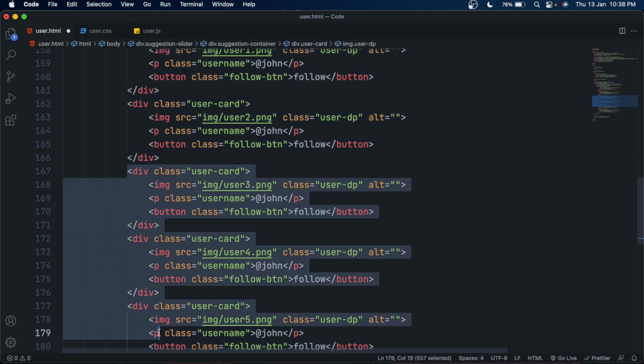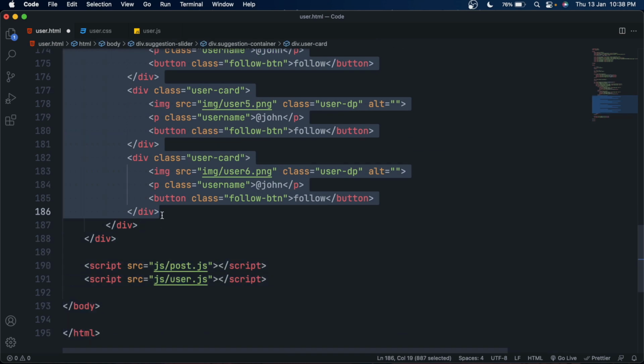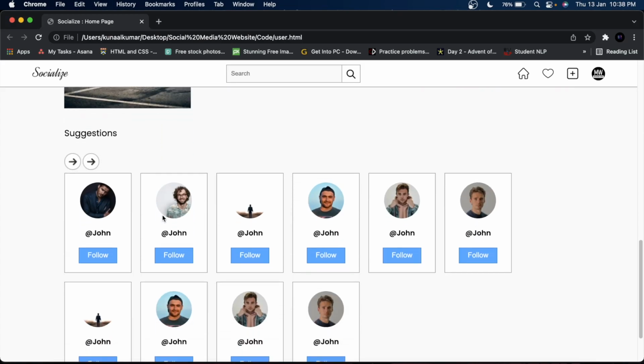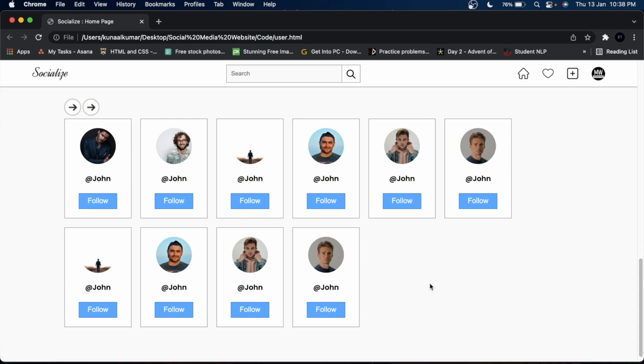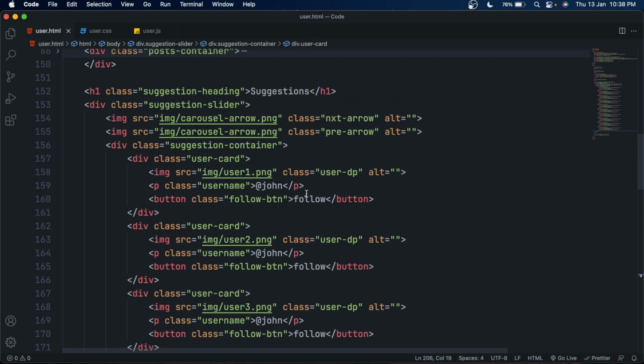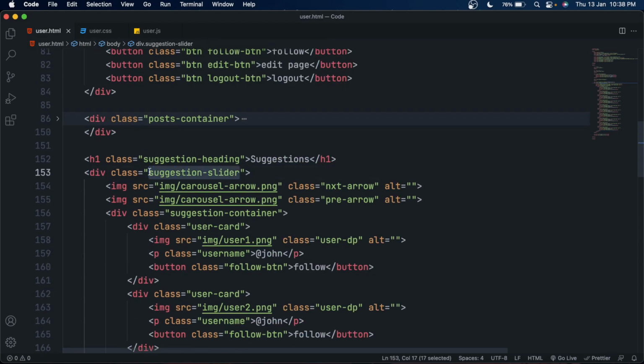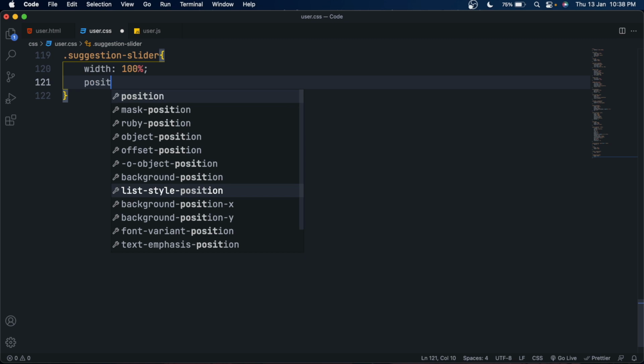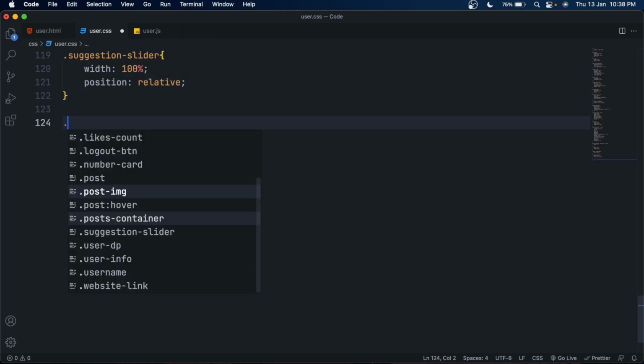Copy some suggestion cards from here, user cards, and paste 2 or 3 more times to make more user cards. Okay, it's looking great. Now let's style it. So select the suggestion slider inside user.css file. Give it a width 100% and set its position to relative.